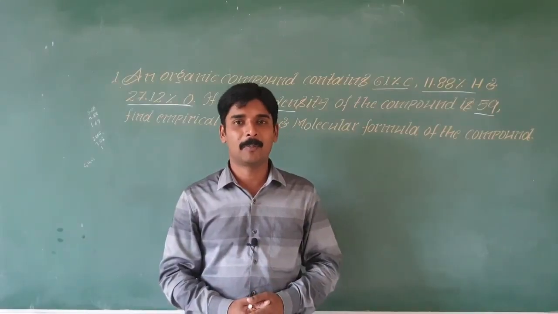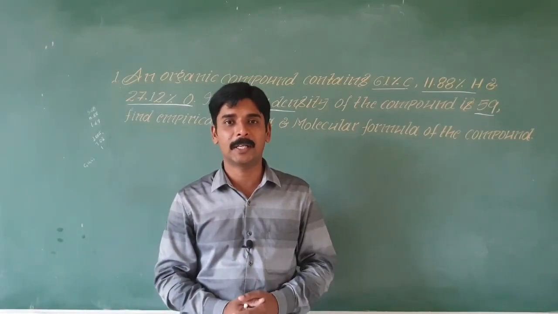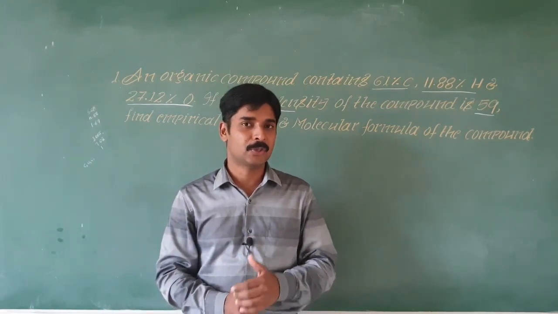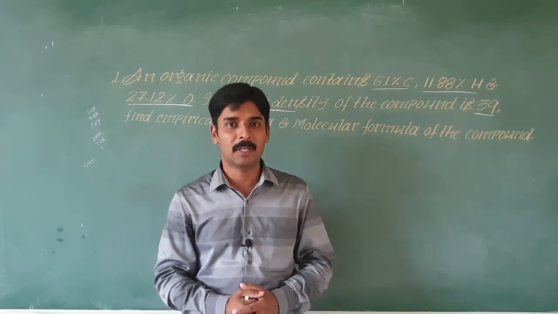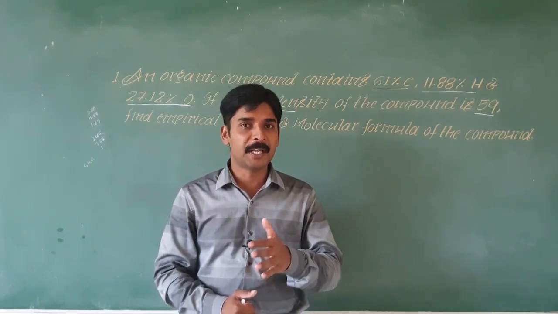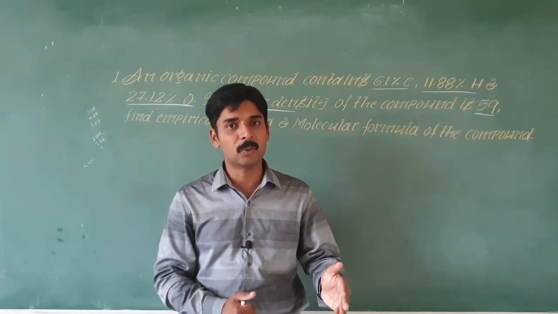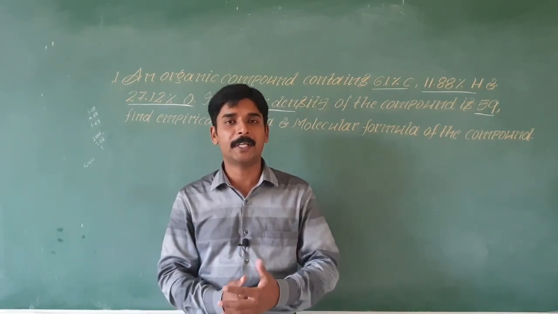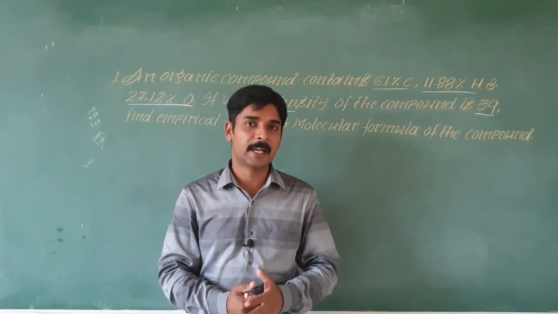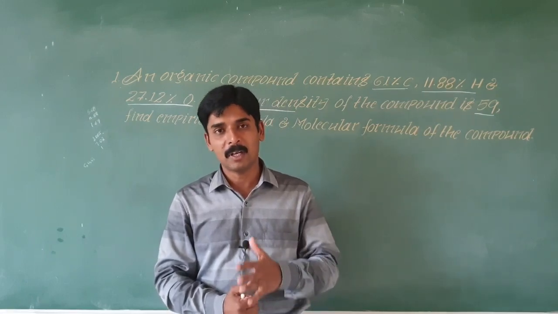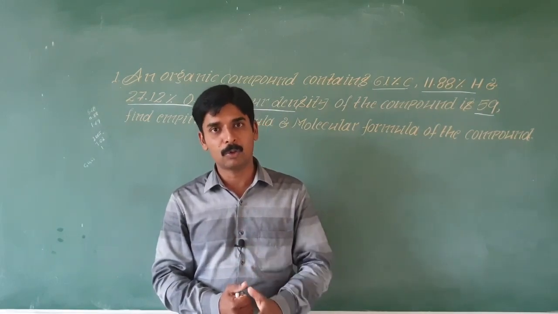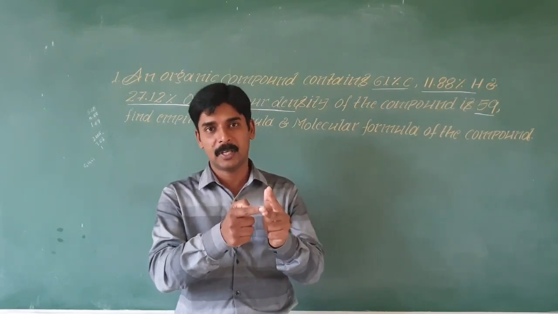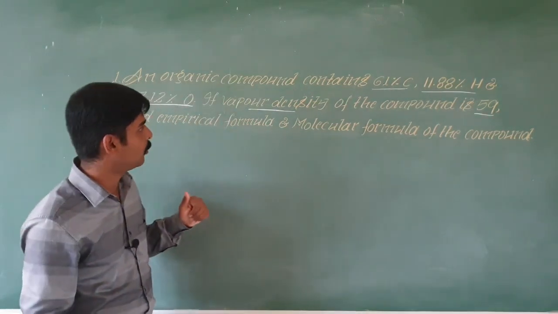Let us take an example problem and try to understand how to calculate the empirical formula and molecular formula of the compound. First, you must understand this. To calculate the empirical formula and molecular formula, first we must know the different elements present in the compound and also the percentage of these elements present in the compound. This we will get by qualitative and quantitative analysis. So, when you read the question, first you must note down which are the different elements present in the compound and what is its percentage. So, let us read the question and try to solve this problem now.